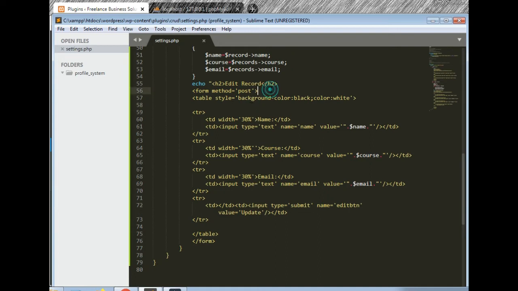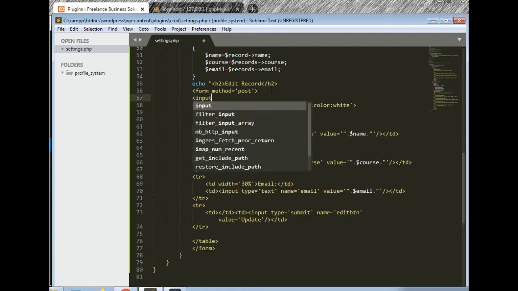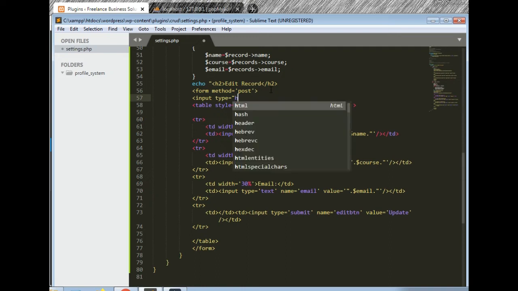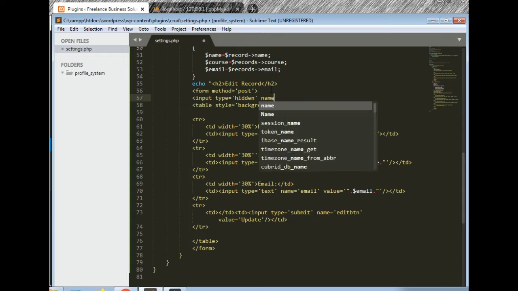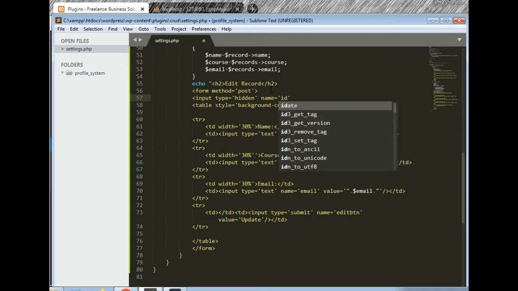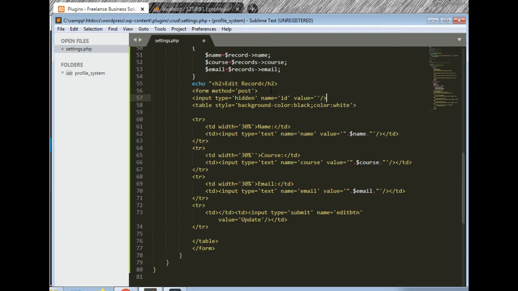Okay, inside form input type is equal to hidden record, hidden, name is equal to id, its value should be double quotes, then double dot, and then $id, $email is the id, right? $email is id. Okay, now